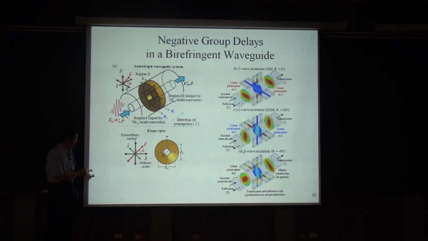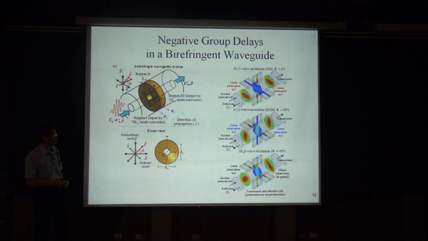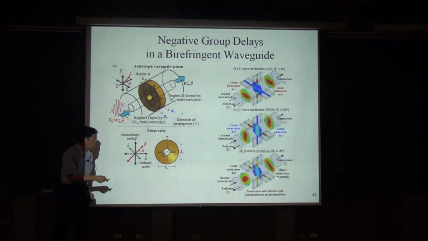So the wave here can be divided into two equal-amplitude parts if this angle is 45 degrees. The slot is slightly different, one is LX, the other is LY, which means the wave can propagate inside, but their propagation constants will be slightly different. So this is the ordinary mode and the extraordinary mode, just two orthogonal modes. And by controlling the incident wave and the phase effect,